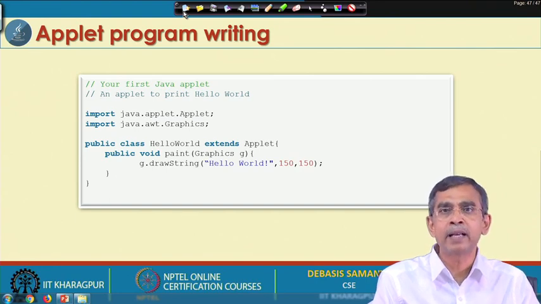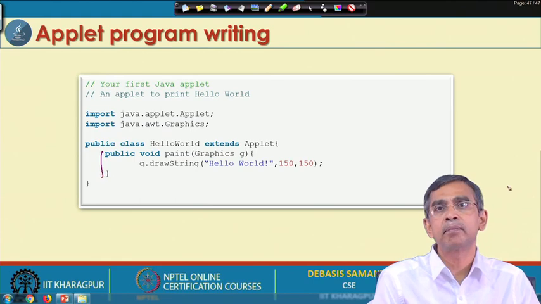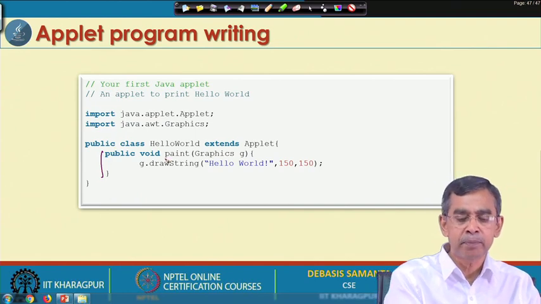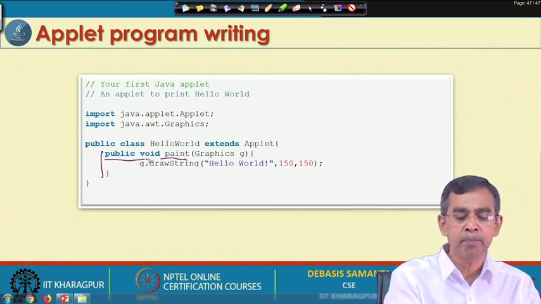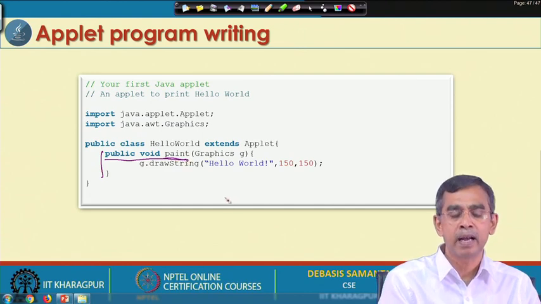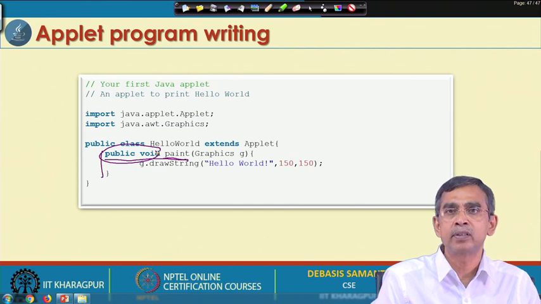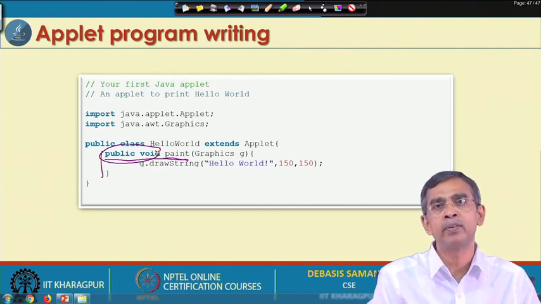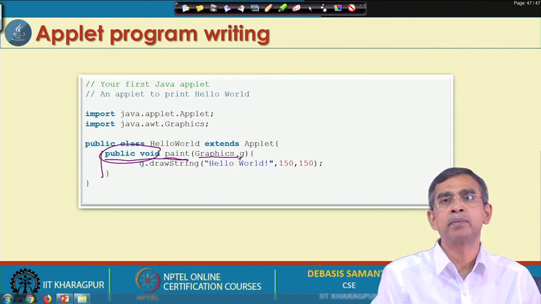Now, in this program we have only one function declared, which is called a method, of course, not function. So, method. The name of the method is paint. I have declared here one method, public void paint. I will discuss the meaning of this later on. You just take it that this is the syntax that you have to follow while writing the paint method. So, paint, and then this argument also you have to mention.